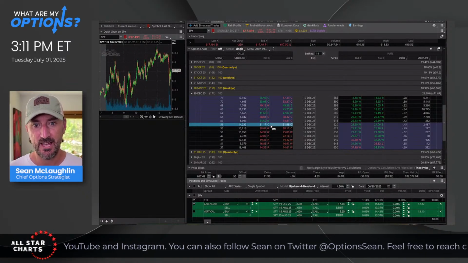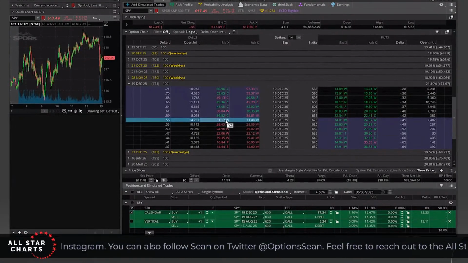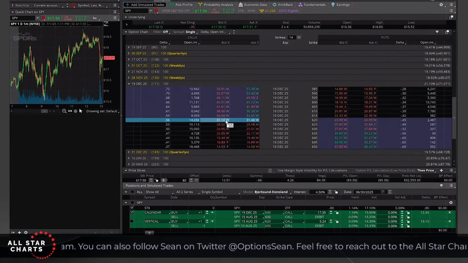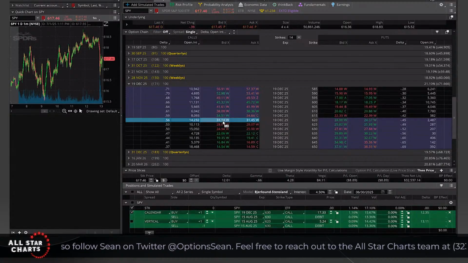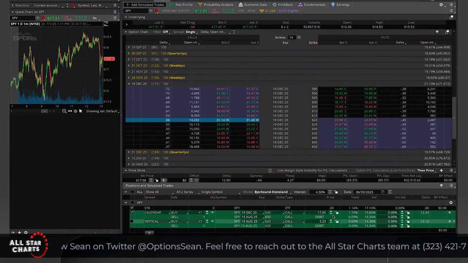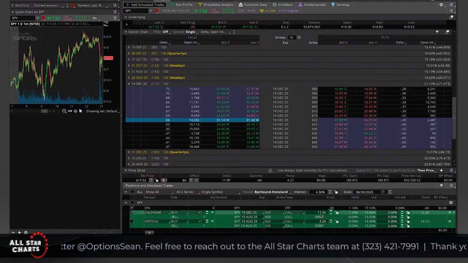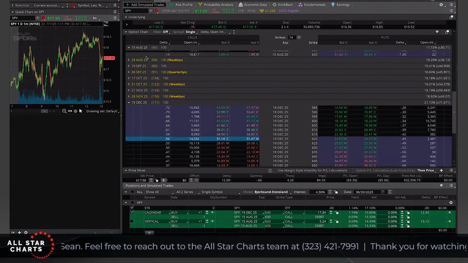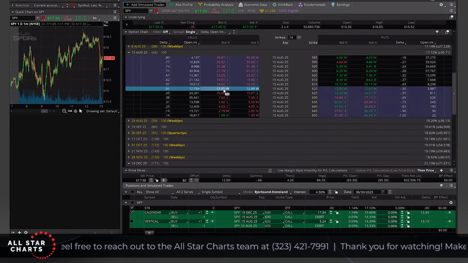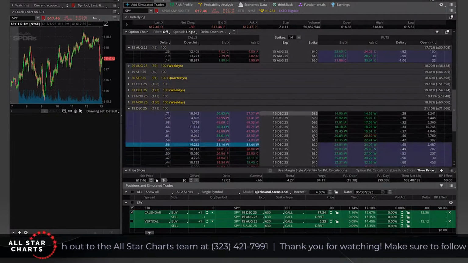So if I want to own these December calls, but I don't want to pay full price for them, then I will do a calendar spread. And when I do a calendar spread, instead of paying $31, you'll notice here my net debit is actually 17, almost cut in half, right? Sweet. And how is that possible? It's because I'm selling the August call against it. The August call is trading for just under 13 bucks. So that's lowering the cost.